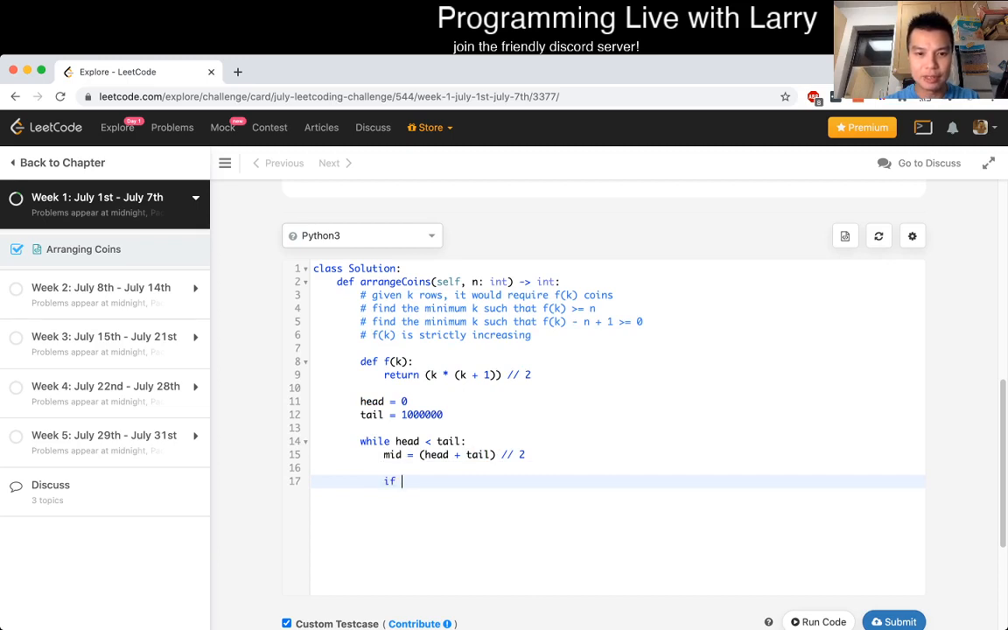Yeah, if f of mid minus n plus 1 is greater than 0, if this condition is satisfied, that means that we can go lower, right? Because if this is true, that means this is not the min, or it could possibly be the min, but we have to go lower so that the min can be lower. So tail is equal to mid, else head is equal to mid plus 1, because if it's already true, then